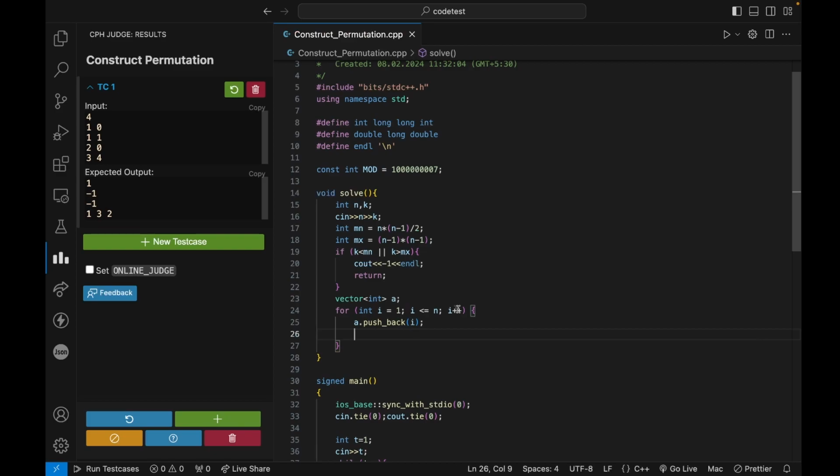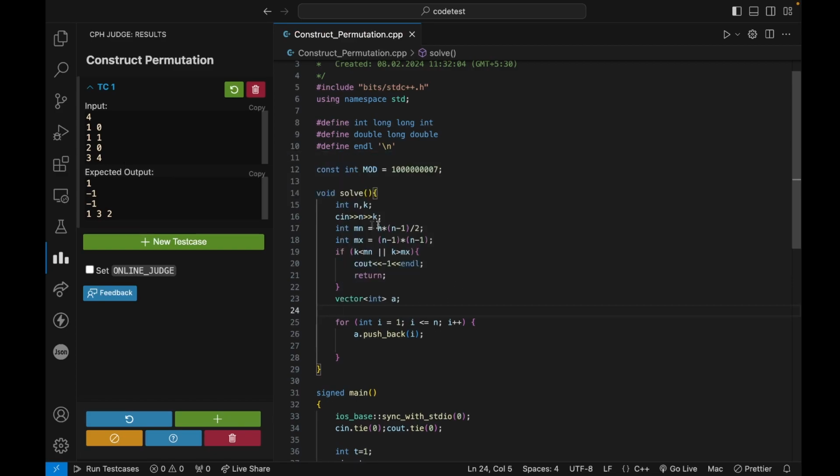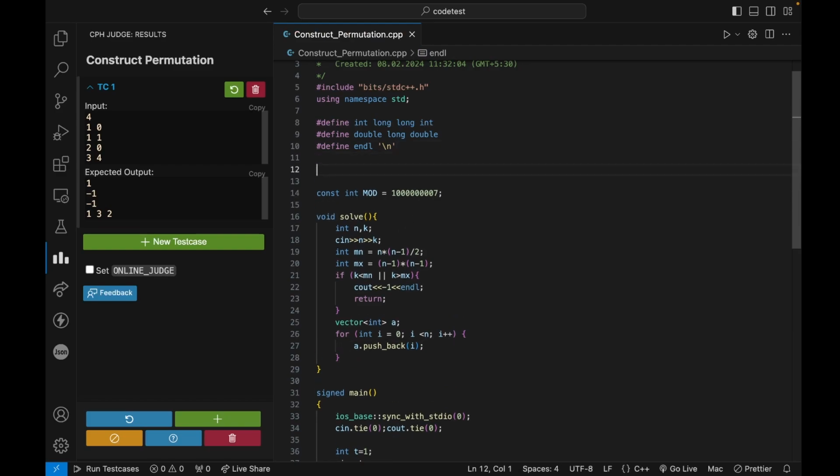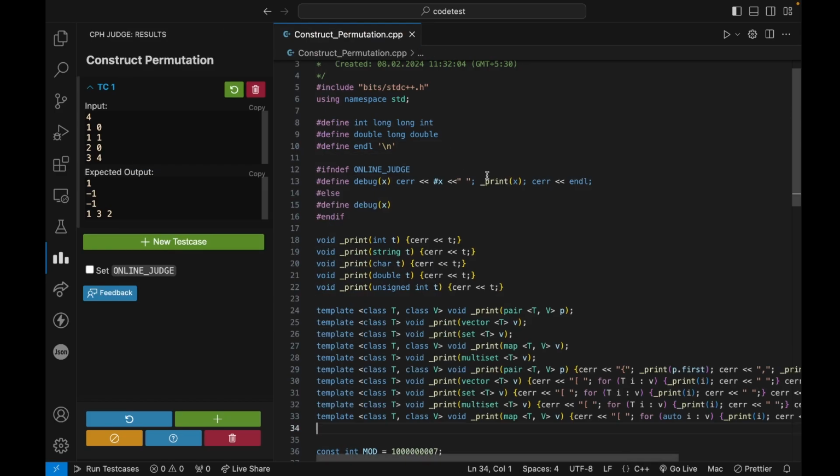Currently the sum is n into n minus 1 upon 2, right? So currently my minimum sum is this, and my array looks like, I think I will start from 0 and go till n. Okay, and my array looks like this. So I will even show you. Let's say debug, and